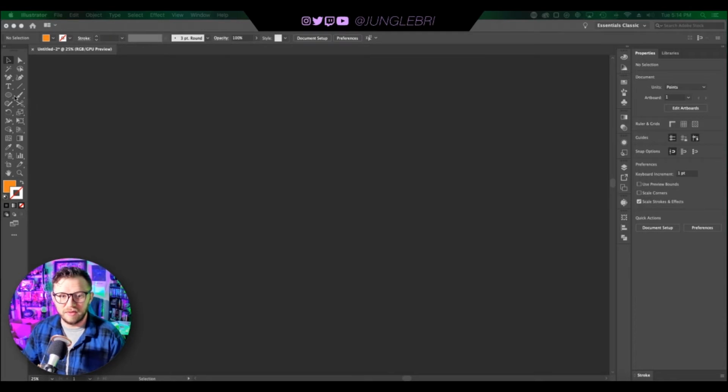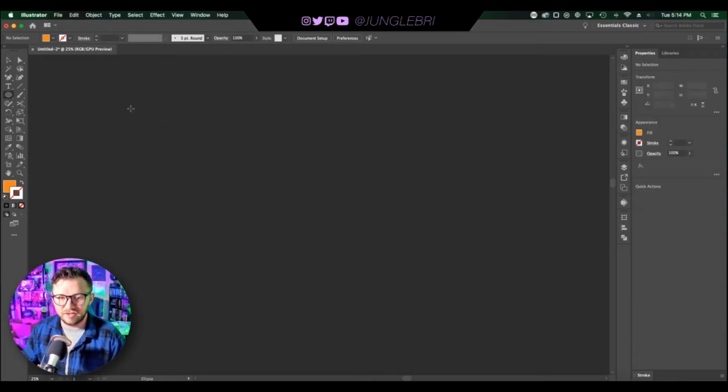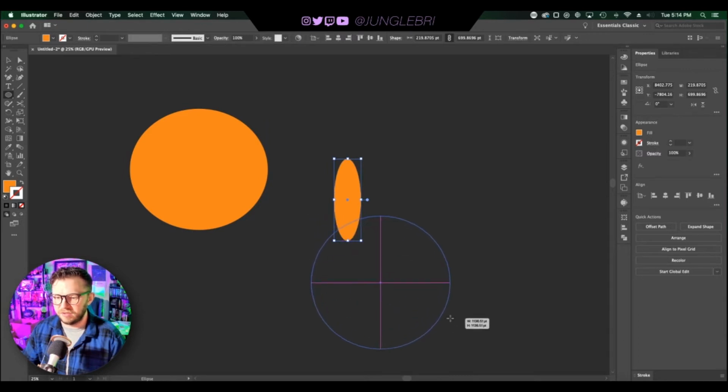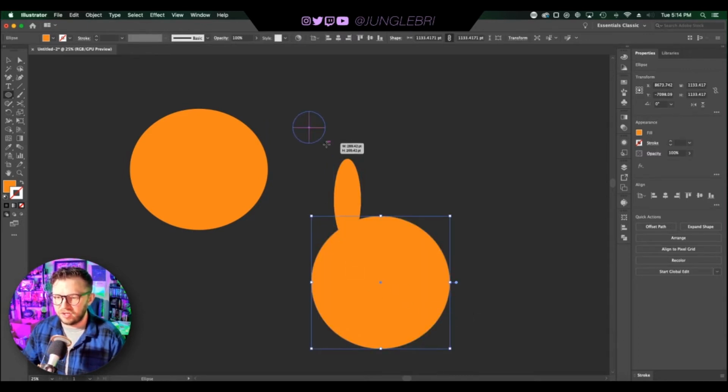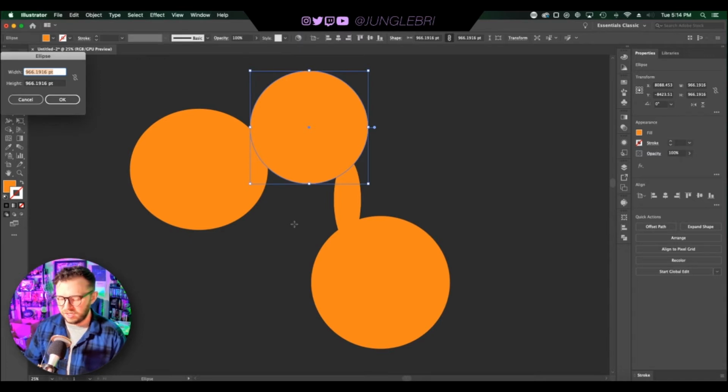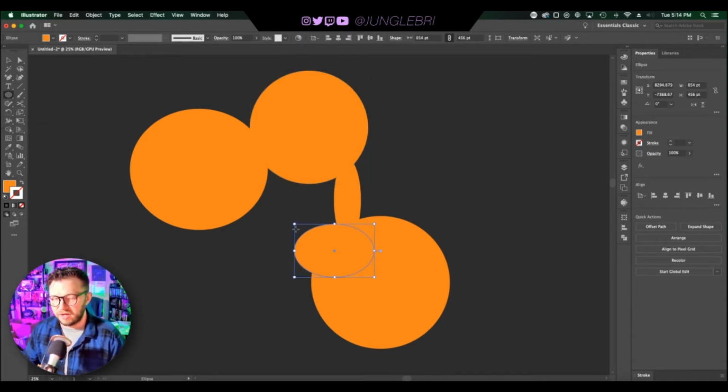First, we're going to start with making a circle. Obviously, you can click on the circle tool and just draw an ellipse however you want. You can hold Shift to make it a perfect circle. And by holding Alt, the circle will begin where your click started, so you can make it from the center out. And then I'm holding Shift again to make it a perfect circle. You can also click and just punch in a couple numbers and it'll make your circle however big you decide